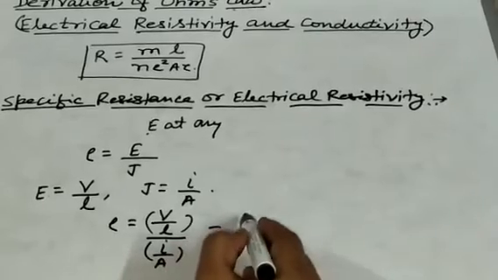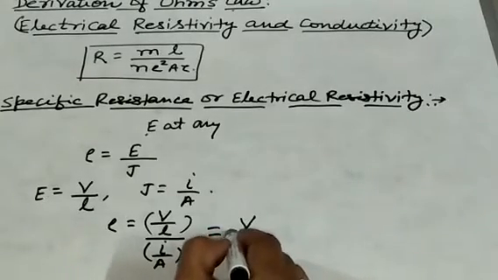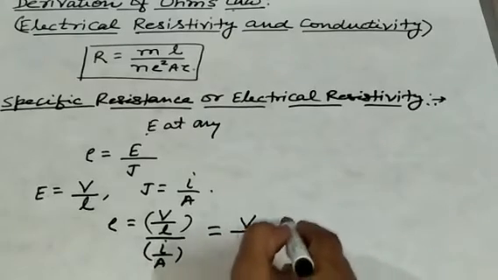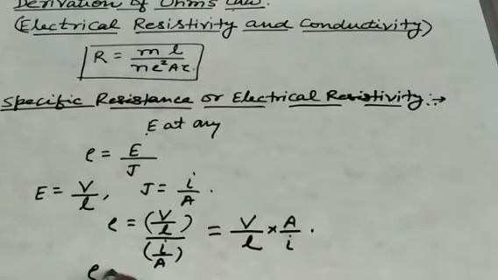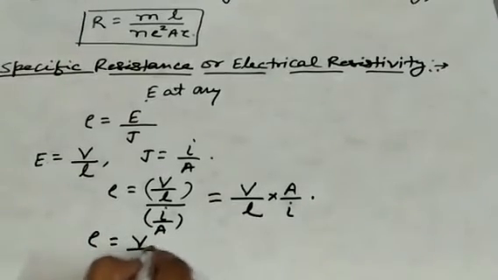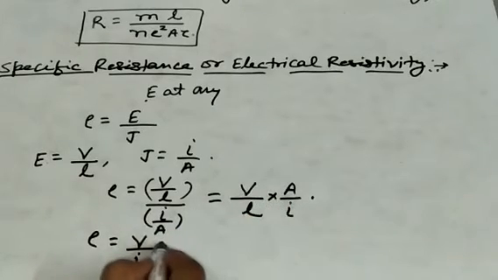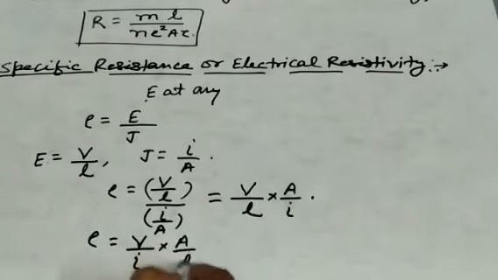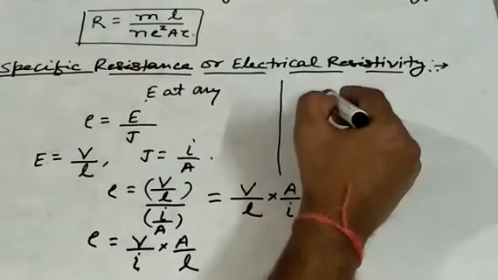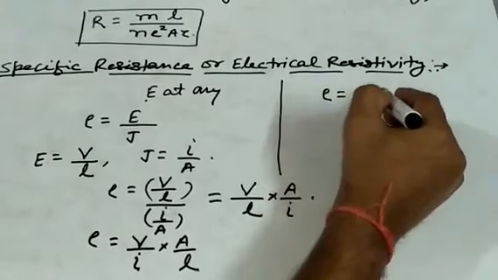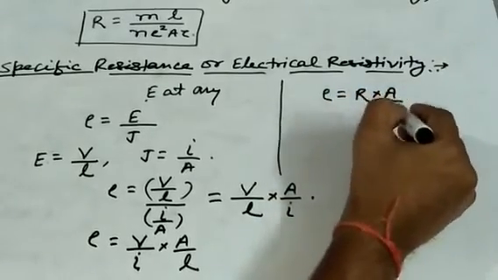And from here we can write this one is V upon L into A upon I. And from here we can say rho is equal to V upon I into A by L. And all of you know, in place of V by I, by definition V by I is the resistance of that conductor. So we can write here rho is equal to R into A by L,